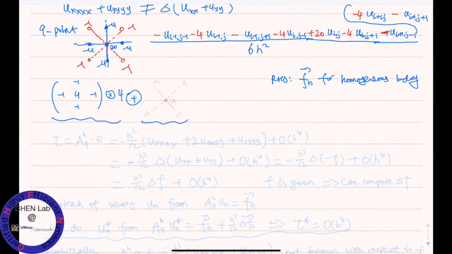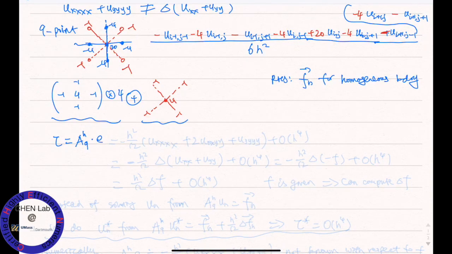And for the cross, for the rotated cross, we have -1, -1, -1, -1, and then we have 4 here. With a little bit more involved Taylor expansion, you see this A_h, let's call that A_h^9 to denote it is a matrix which you are going to assemble as homework. The 9-point stencil matrix A_h^9 times E, which is the local truncation error,